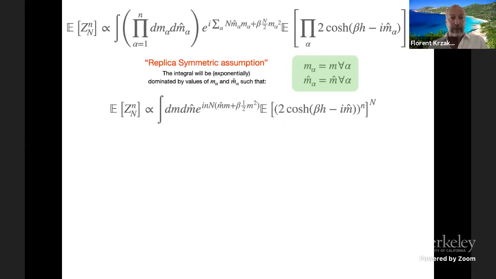All right, so once you do this, this expression is much simpler now. It's just an integral over dm hat. This sum here is just giving you a small n here. It's repeated n times. I'm still assuming that n is an integer, so it's fine. This expectation here, again, they're all the same, so it's just a matter of putting a power n here, and we have something much simpler.